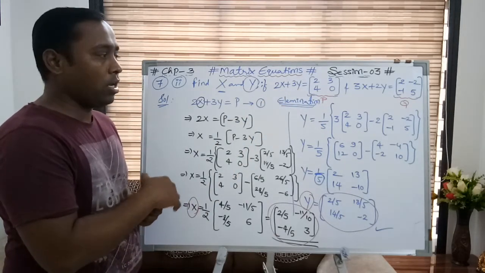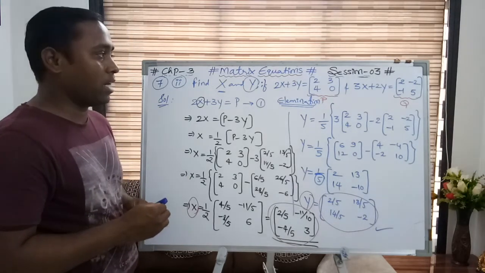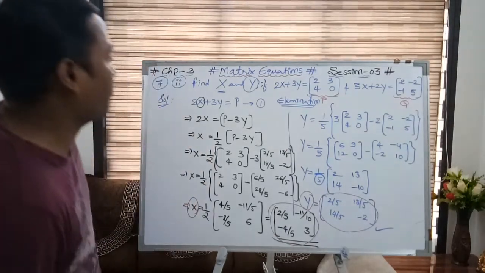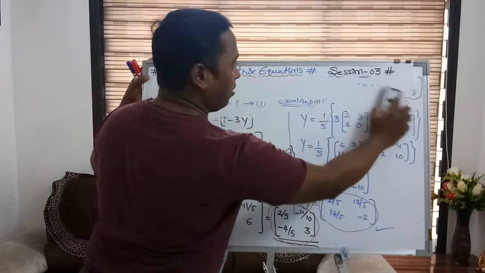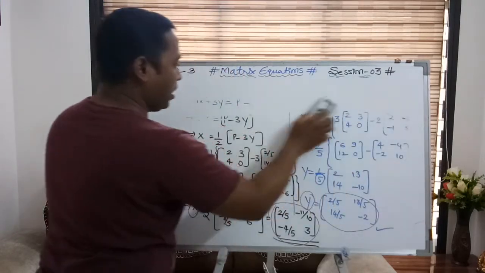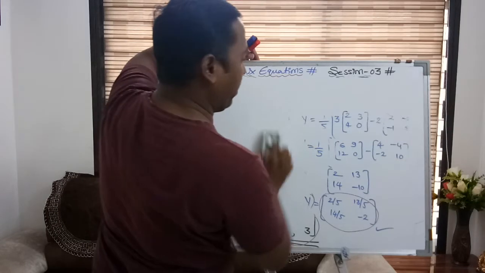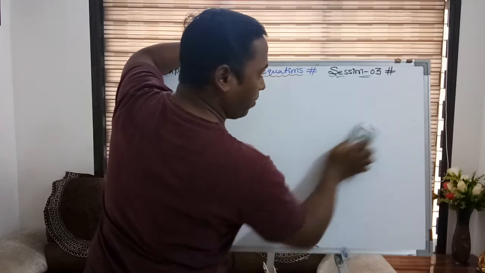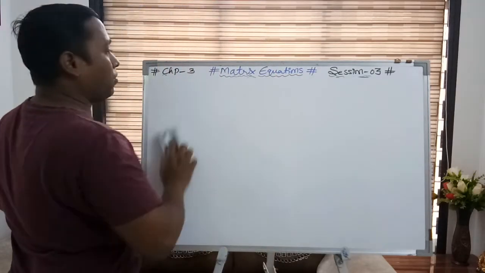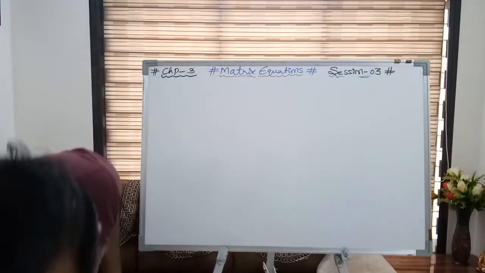So now you have understood how many ways they are asking the question. Now let's take one more question to understand further. Okay. So what question am I taking here? All are textual questions. So you may read the question from the textbook itself. You may do the practice on that just by watching this video. If you are thorough, you can do it yourself. If you are facing any problem, if you are facing any simplification problem, you may watch this video again and again. Right. So let me take the question first.